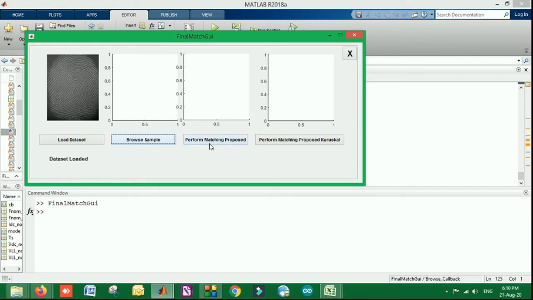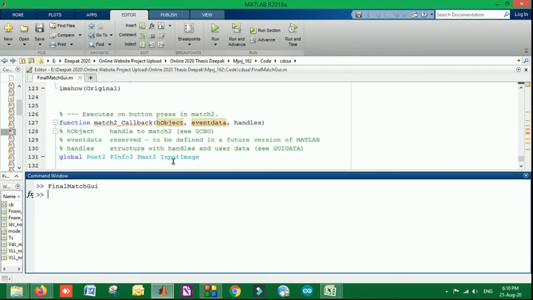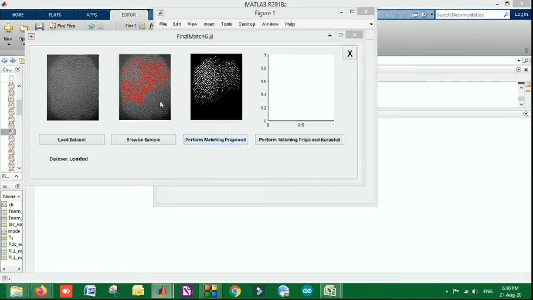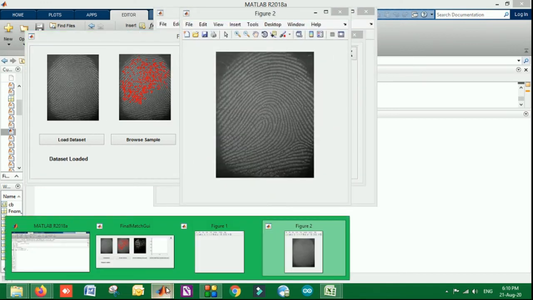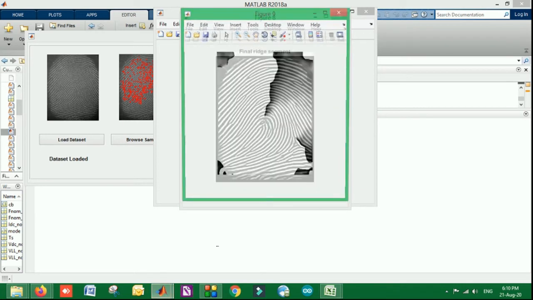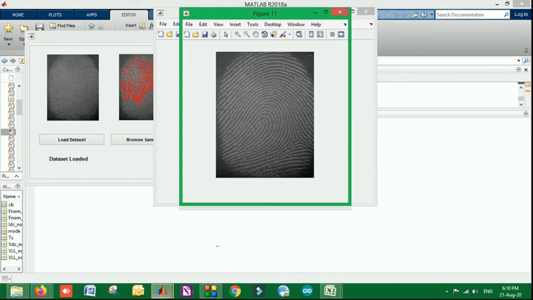When I perform the matching, it will tell me which user this fingerprint belongs to, but there are a number of steps in that process. When I click on this, you can see it will start processing. You need to have a look at the command screen also. Along with that, you can see the pores that are extracted. A number of figures will be displayed. I will show you once it is done.